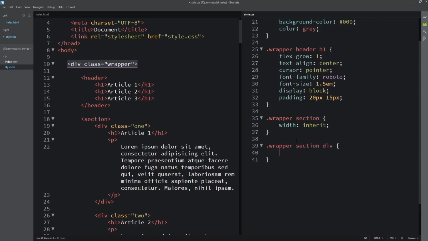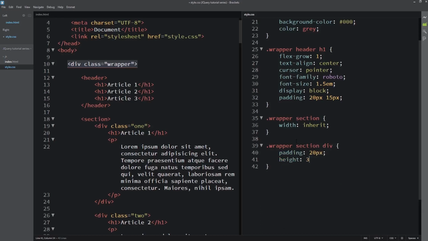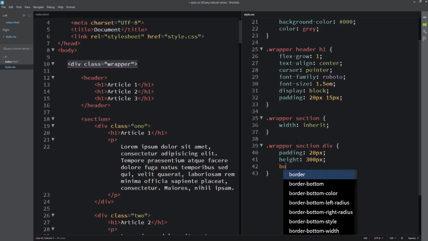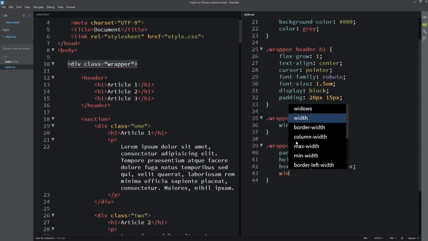So that div, we'll give a padding of 20 pixels. Then height will be like 300 pixels. Then we'll just put box-sizing border-box. The width goes to inherit.